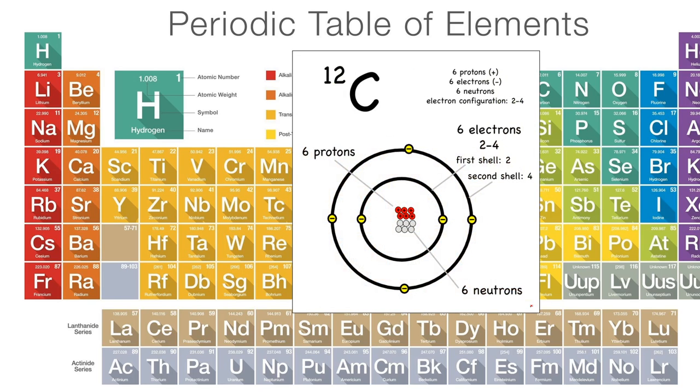So again, there's carbon, right? 6 electrons when it's electrically neutral, 6 protons. And when you're talking about carbon 12, which is 12 is the mass number, that's the number of protons plus neutrons, it has 6 neutrons as well. However, you can have a different number of neutrons if you have a different mass number, which there are. Like there are different forms, what are called different isotopes, of carbon, like carbon 13 and carbon 14 that